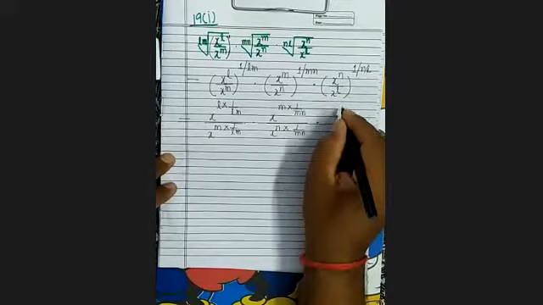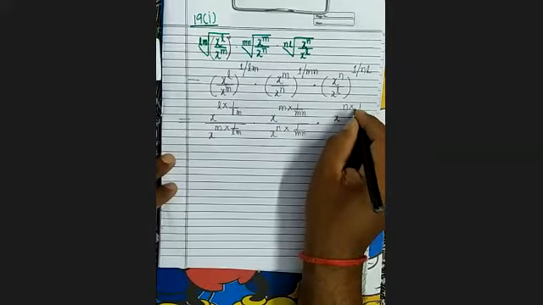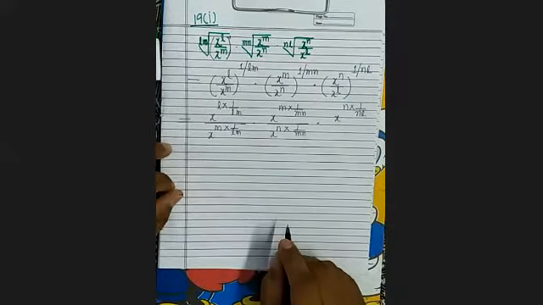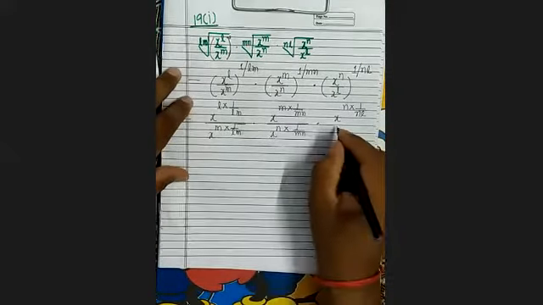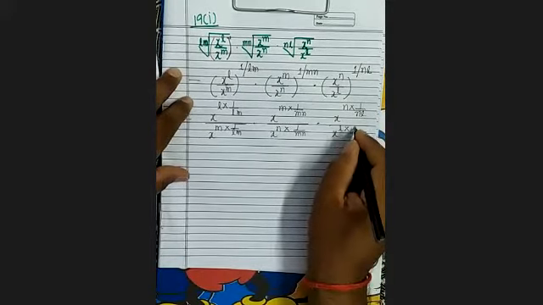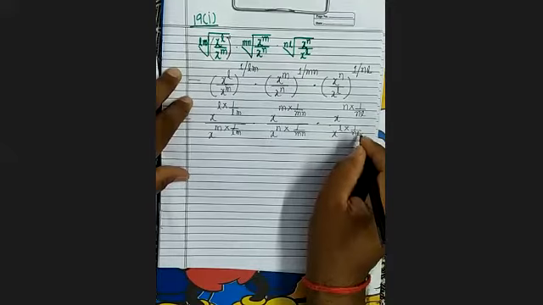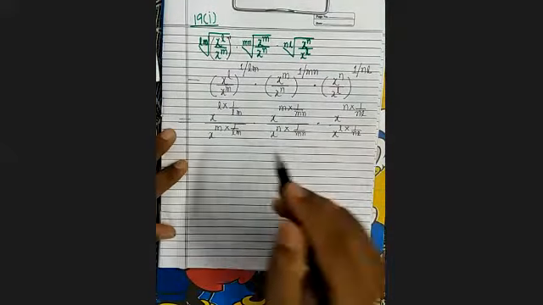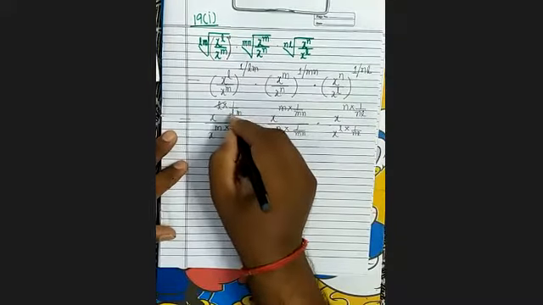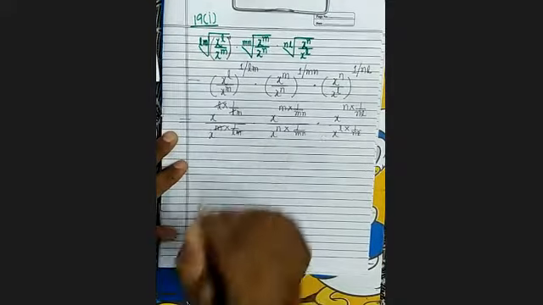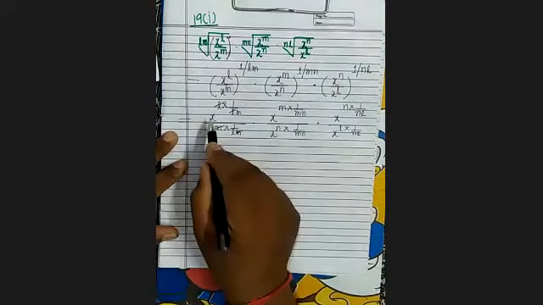Then x to the power N into 1 upon NL. Powers will multiply because there are successive powers, divided by x to the power L into 1 upon NL. Now simplify. When you simplify, L and L cancel, M and M cancel. So what will you get in the numerator?